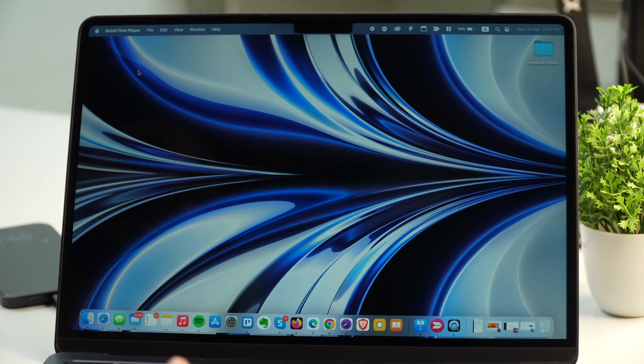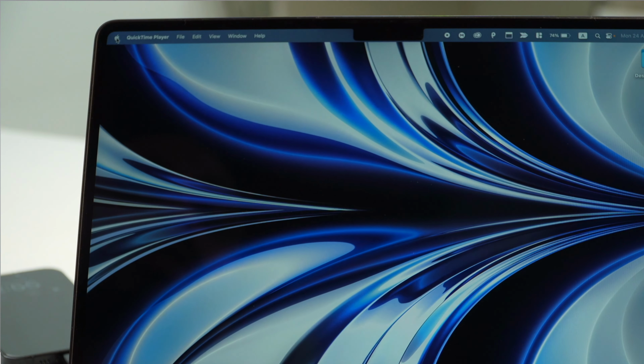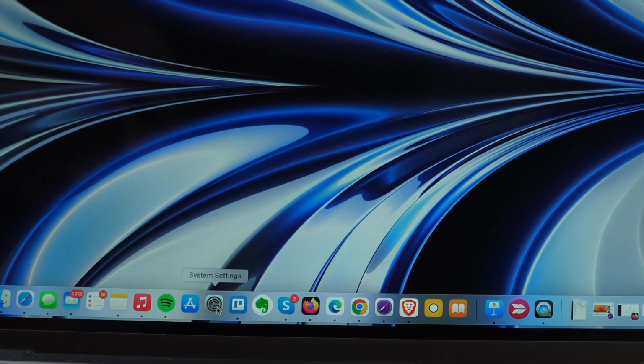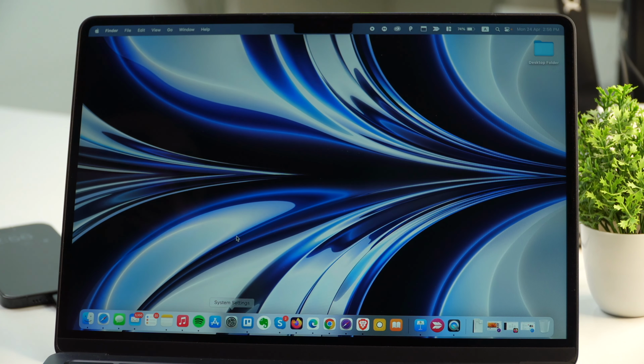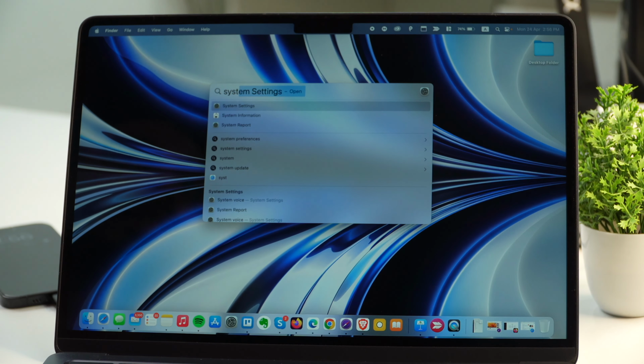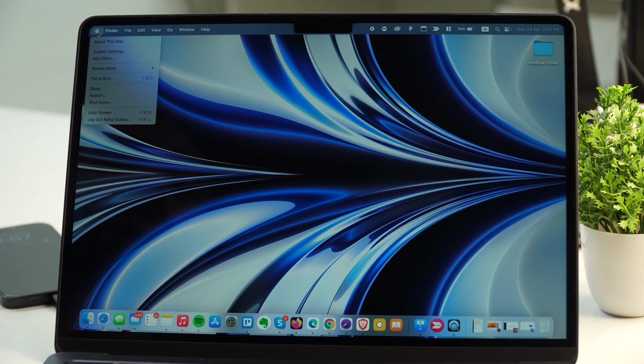And in order to go to System Settings, you have multiple options. Either you may go from here by clicking on this Apple icon and then choosing System Settings, or you can go to System Settings by clicking on the Settings icon here in the dock. Apart from that, you may also go to System Settings by searching through Spotlight Search. To enable Spotlight Search, you just need to press Command and space together, and this will enable Spotlight Search. Here you just need to type System and System Settings will appear. You may either click on this or simply click here on the Apple icon and then choose System Settings, and this will open the System Settings.